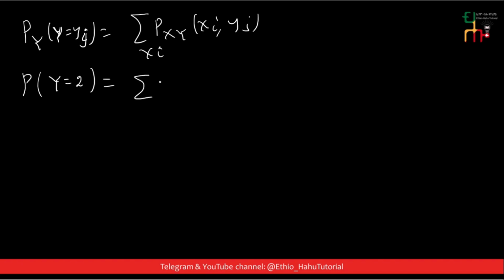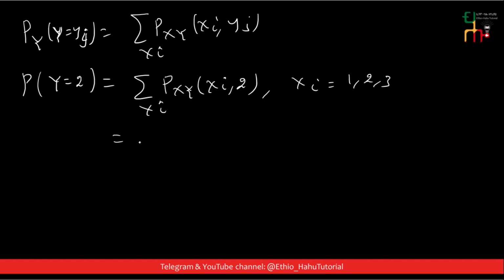The sum of the joint probability mass function of xi, 2 ይሆናል over all xi's, xi የምንለው in this case ስንት ነው? 1 2 3 ማለት ነው።